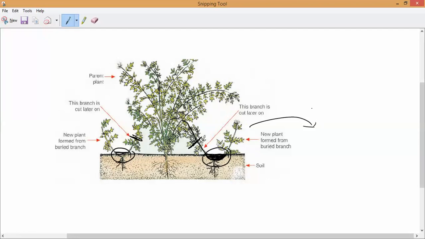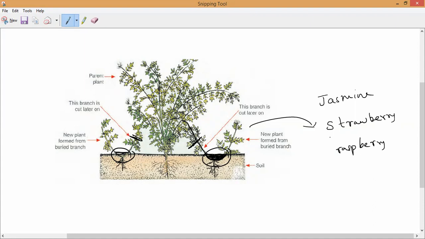This layering method can be used for many kinds of plants, not only jasmine. You can take strawberry. You people are familiar with strawberry. Have you noticed it? Strawberry, as well as raspberry. All these plants are cultivated by the natural layering method only.